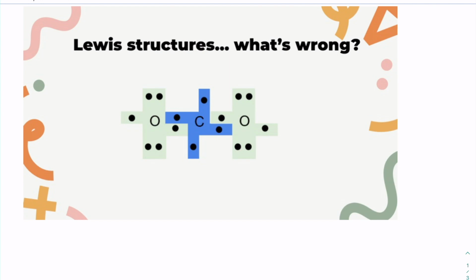Hey there, class. So we're going to briefly talk about Lewis structures and what happens when we can no longer use these puzzle pieces as we've been used to using them. So let's take an example of the molecule CO2, and we're all very familiar with CO2. You will commonly hear it associated as a greenhouse gas, and we typically know that higher levels of CO2 contribute to climate change and global warming,